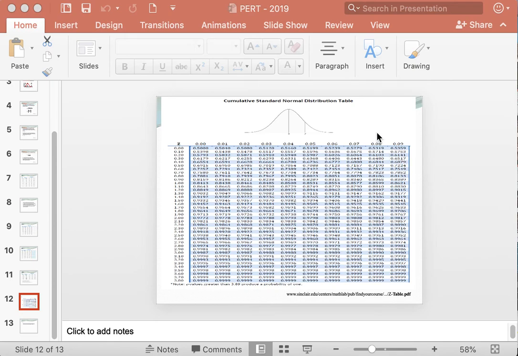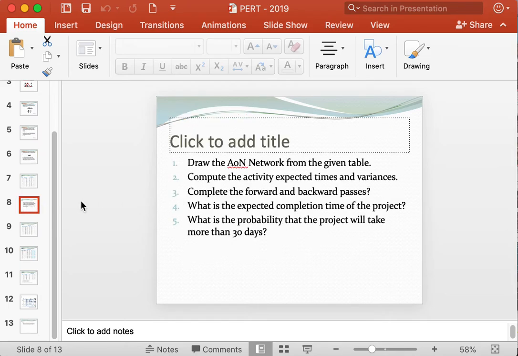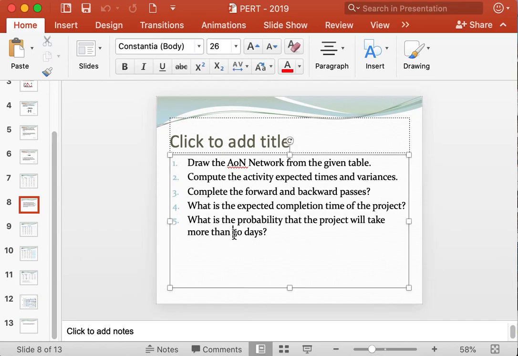So in this video I'm going to explain how to find out the probability of completing a project in a given target time. So you can see in this same example, you see that the TS is given